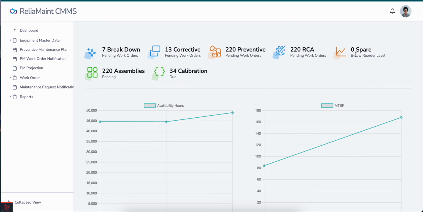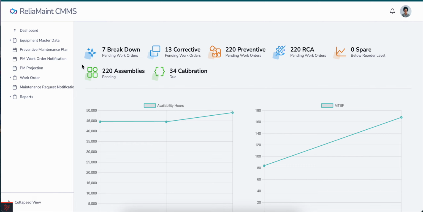Spare part is 0. If any spare part is less than the reorder level or the minimum level, it will be highlighted here. Then there are 220 sub-assemblies which are pending right now.